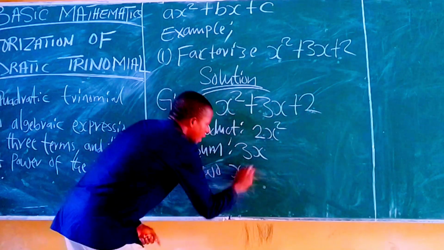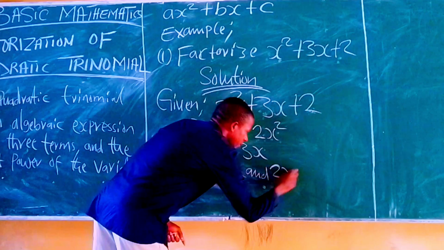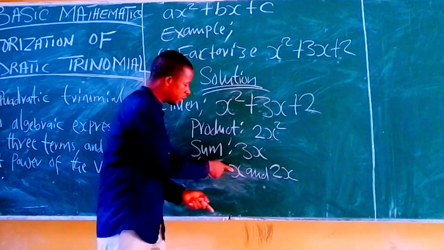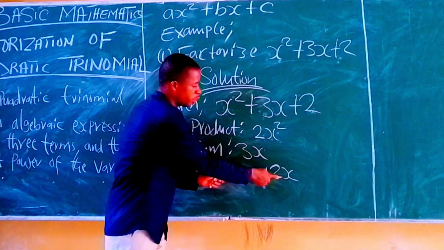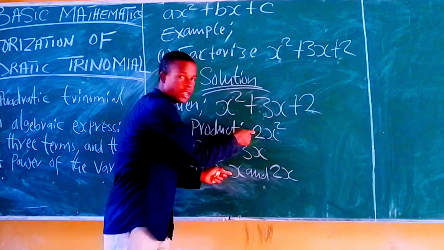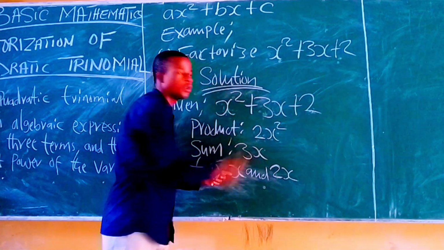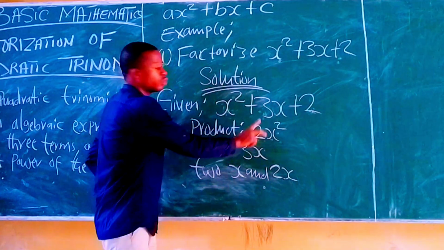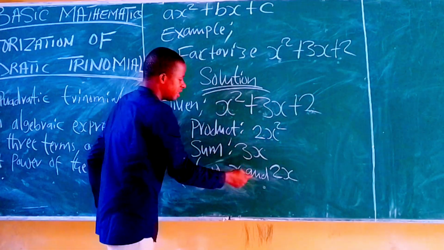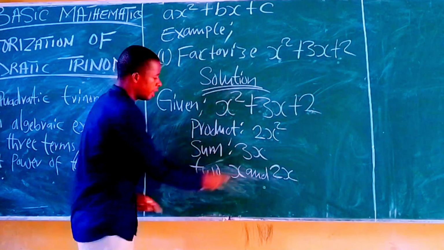x and 2x. Why did I put x? x is in the form of 1, because the coefficient of this x is 1. The coefficient of this 2x is 2. So 1 times 2 will give us 2, then 1 plus 2 will give us 3. So that is the secret. We are already getting the 2 terms. When we multiply, we get the product, which is 2x squared. Then when we add, we get the sum. So since you are getting these 2 terms, x and 2x,